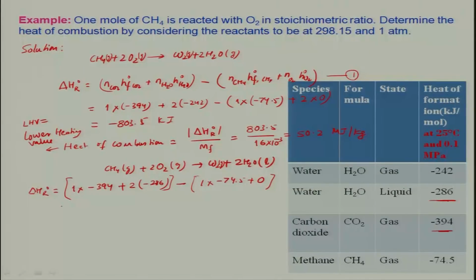That happens to be minus 891.5 kilojoules, and the heat of combustion, or the higher heating value,